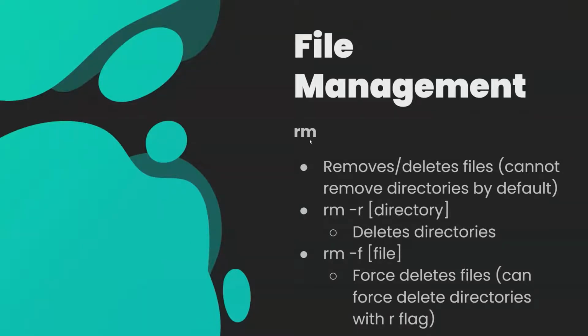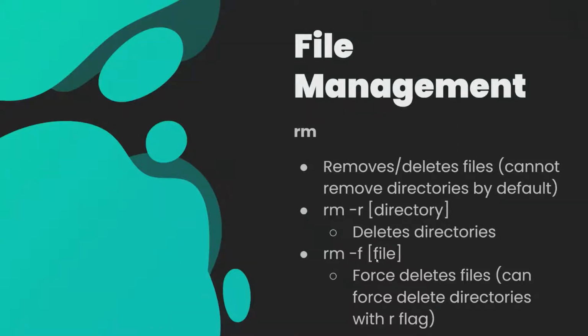So if you were to type rm and then the name of the directory and press enter, it's probably not going to let you delete it if it has stuff in it. So the R flag basically stands for recursive. So recursive means that it just deletes everything within the thing and then anything within it, as within any folders below it as well. So if you wanted to delete a directory that had stuff in it, you would type rm -r and then the name of the directory, obviously without the brackets. This is just a general format.